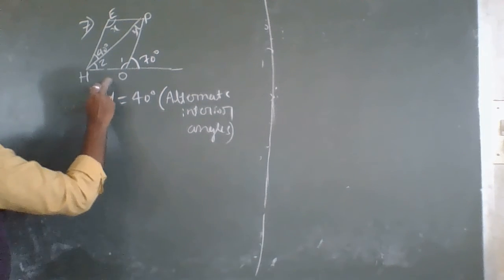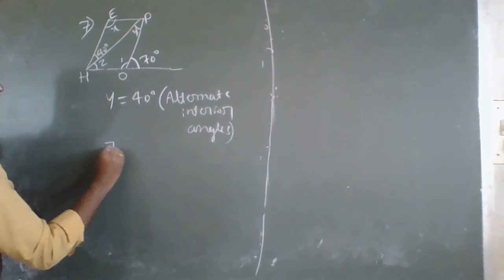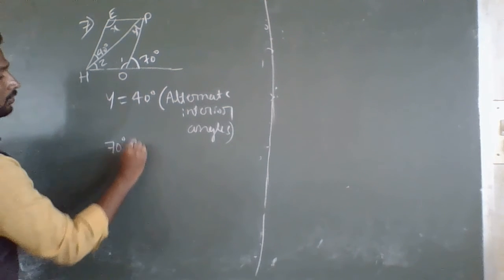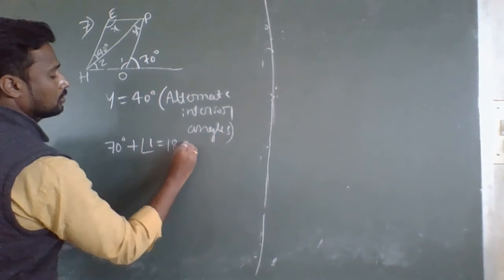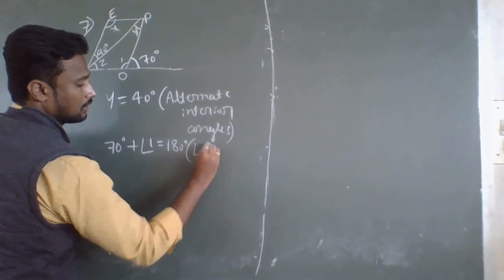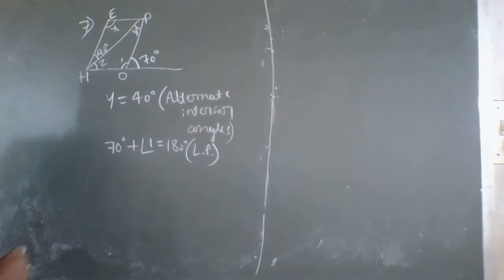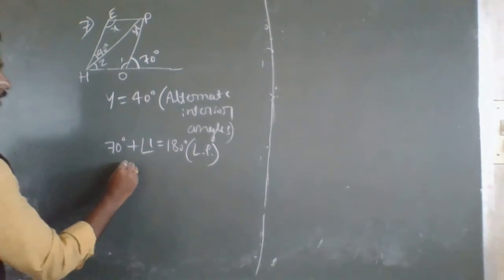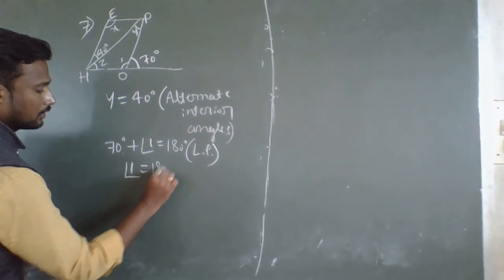So here this is a straight line and here 70 degrees plus angle 1 is equal to 180 degrees because these are linear pairs. These angles are on the same straight line, therefore 70 degrees plus angle 1 is equal to 180 degrees. Now I can write angle 1 is equal to 180 degrees minus 70 degrees